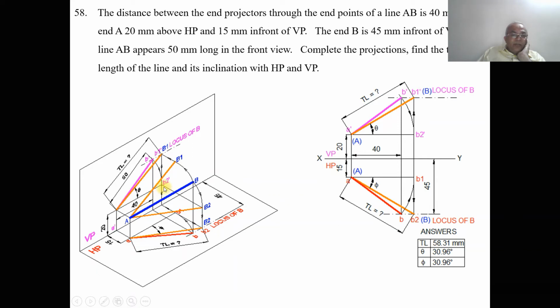So you are getting the true length. You project this from here to here, and then you project this from here to the locus of B in the top view, so that you get small b2. As we know that capital AB2 is parallel to HP in space, obviously when you look from the top view, you will get the true length. Therefore, you mark it at A and small b2, and join A and B2 with a little bit thicker line than the XY line. The inclination made by this line with respect to VP is phi. This is how we are able to analyze this problem in 3D.